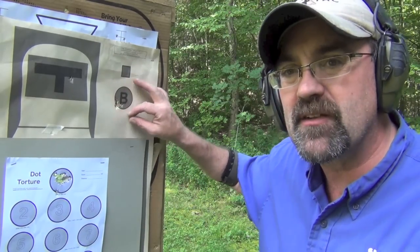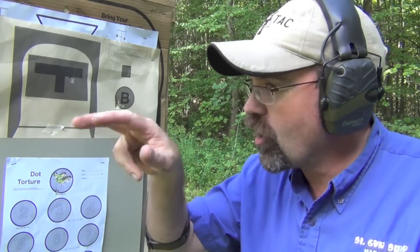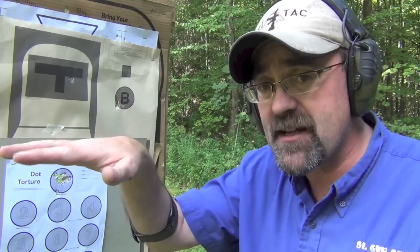Well, folks, that's a very brief description of shooting for accuracy as well as shooting a little bit faster. Again, I'm an average shooter at best. There are many of you who shoot far better than I do. But what I'm trying to do every time is be consistent in terms of finding the front sight, having a good grip, good stance, pressing my trigger straight back while keeping my sights aligned. If you can keep your sights aligned, press your trigger straight back, you're pretty much going to hit where you're aiming every time. That's all about trigger press, all about sight alignment, and not disturbing that sight alignment through the